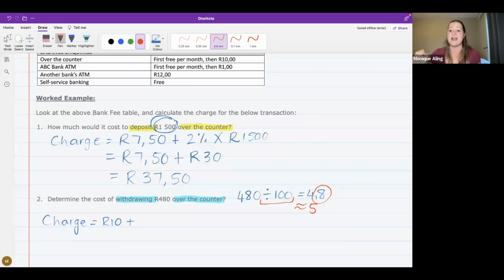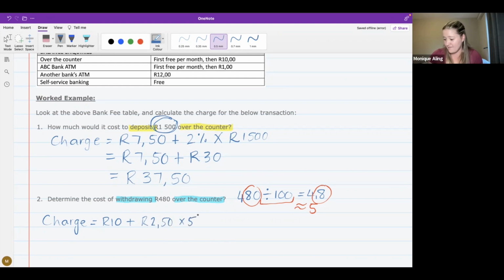It gives me 4,8. But because they say "or part thereof", part of another 100, that 0,8 or this 80 Rand forms part of another 100 Rand. So we've got our first 100, then our second 100, which makes it 200, our third 100, our fourth 100. But the next 100 isn't complete because there's an 80 Rand left over, but that 80 forms part of the next 100. That's why we make it 5. So it becomes 2 Rand 50